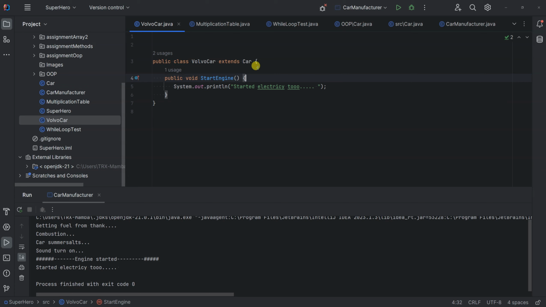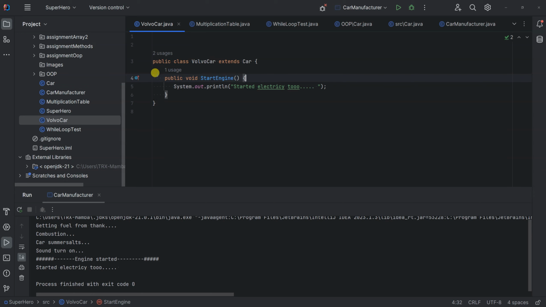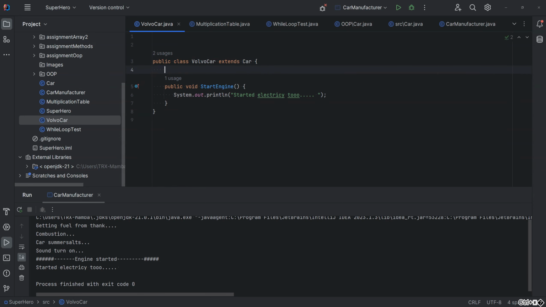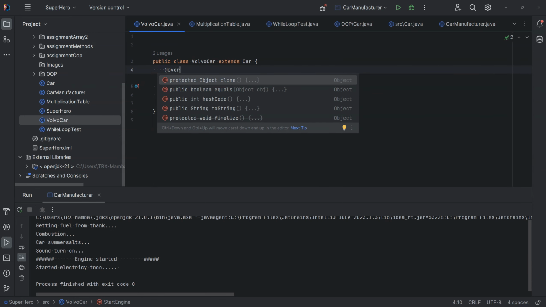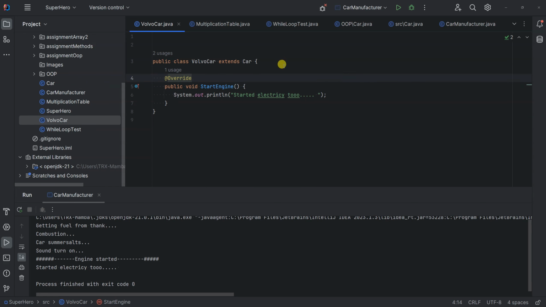And I think we also need to put in a keyword called a decorator. I think that is called override. I don't know if that's supported here. Override. And what we are practically saying is